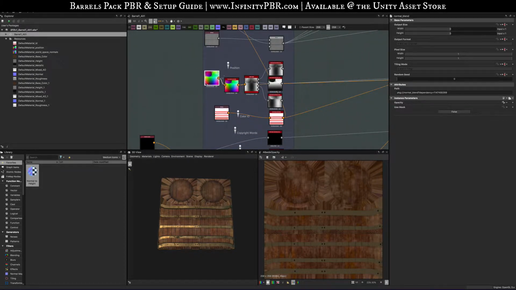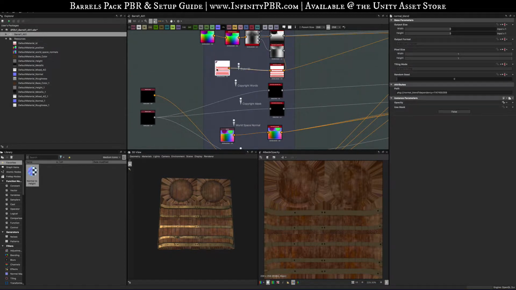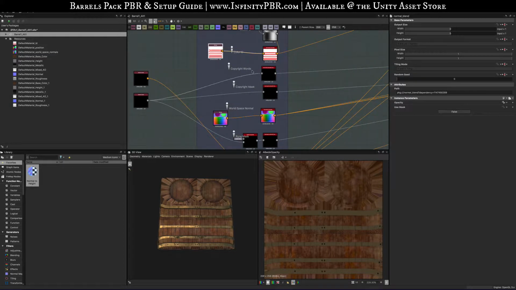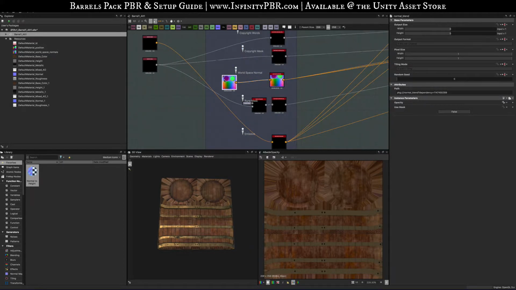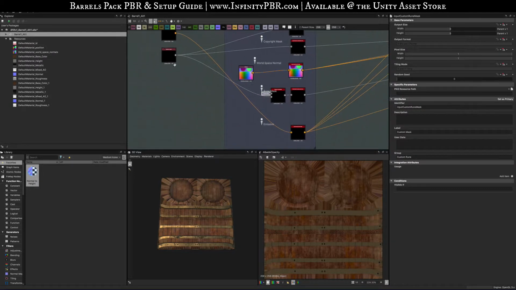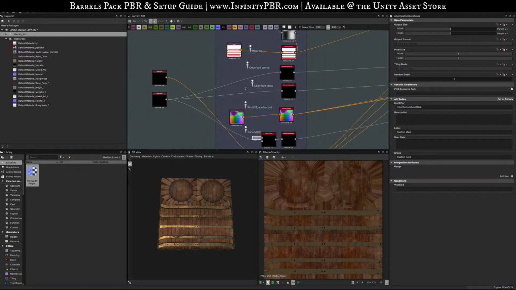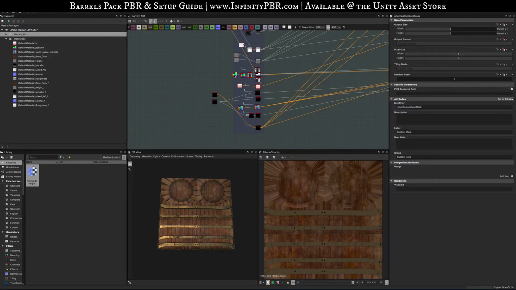Your position map goes here. That's important. It should be a 3-color position map. If you only have the 2-color, you can do that there, but it should be a 3-color position map. Your color ID will go here. That's also very important. You can ignore the copyright mask and words. World space normal goes here. If you have a rune mask that you want for default, you can put it into this node right here. This custom mask is for the custom mask, and if you have an emissive, you can bring that there, otherwise leave it black. Really the most important things down here are usually going to be the position map, color ID, world space normal, and then your normal